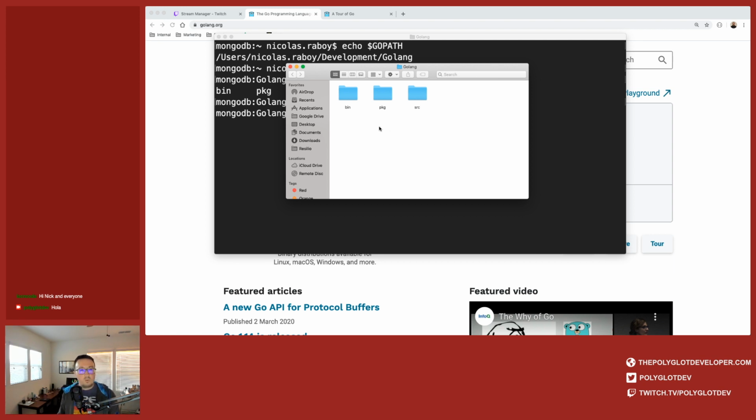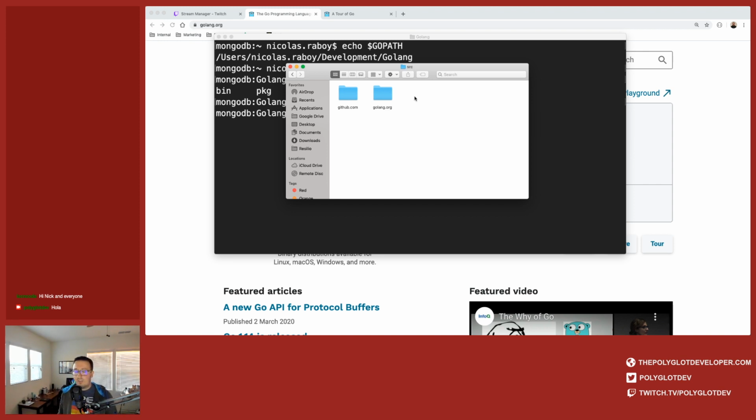Basically, this is what I have in my Go path. This is what you'll get when you first try to use Go. The bin directory is where you can install Go packages or Go applications that you wish to use. For example, I've installed this application called Error Check so that I could use it in my own applications. It's not a package that you can import. This is a binary, a built application. You have different packages that you can make use of, and then you have your source code directory where all of your projects will reside.